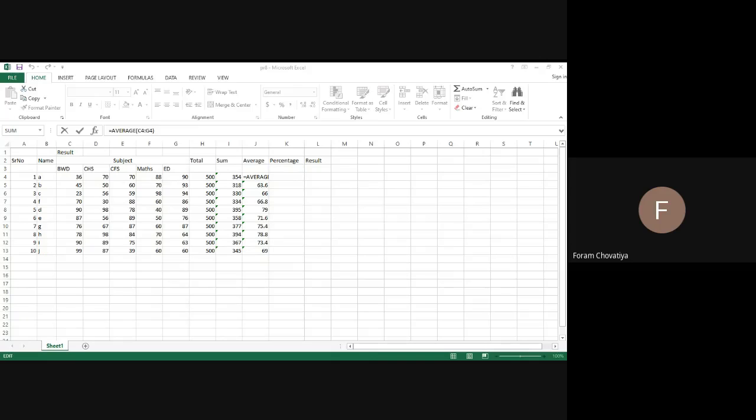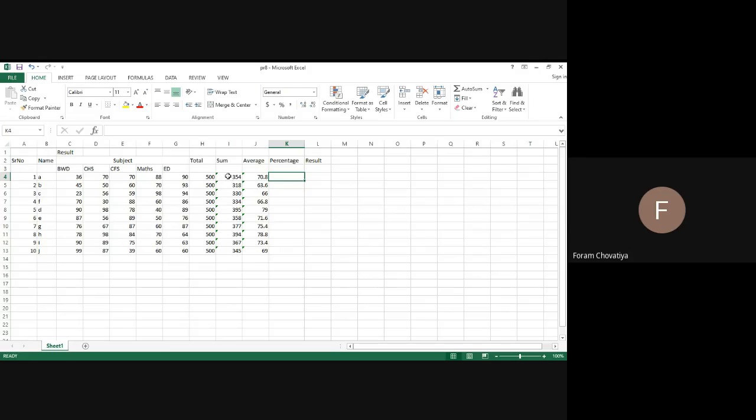Okay, I repeat the percentage formula. First of all, clear the average formula. Then, now we have to apply the percentage formula. We have a percentage formula in maths like that.